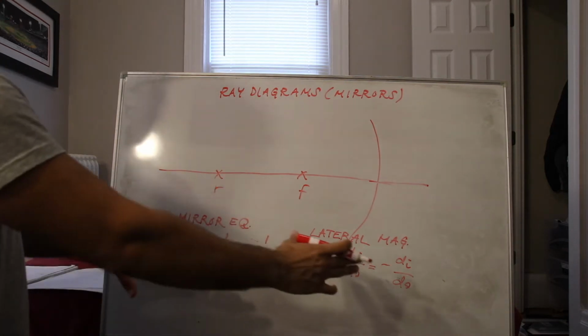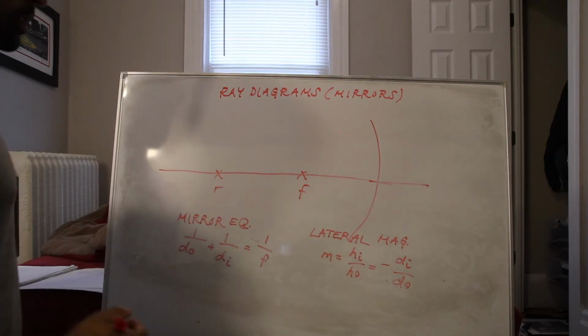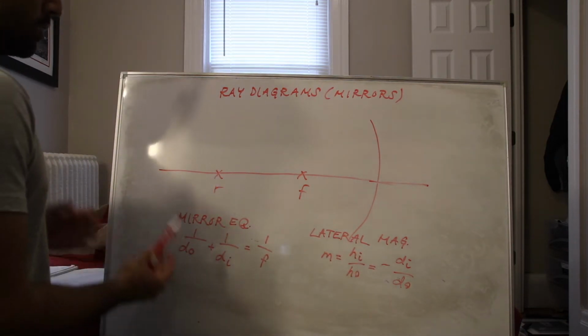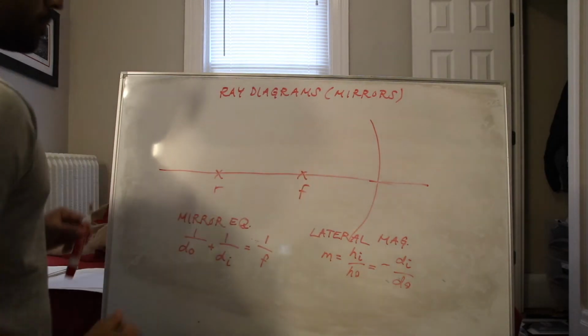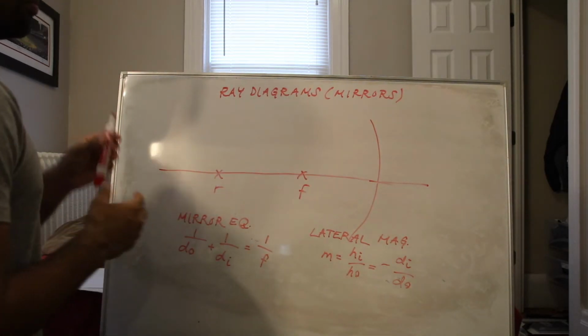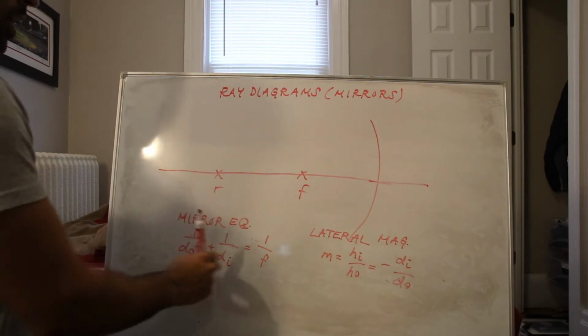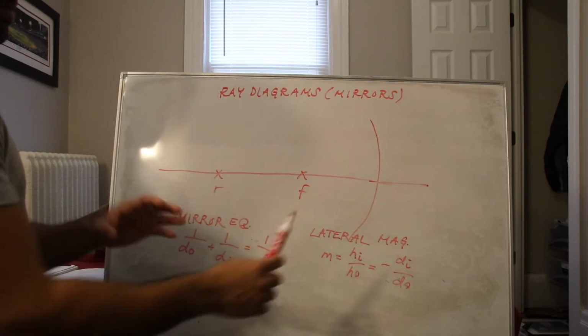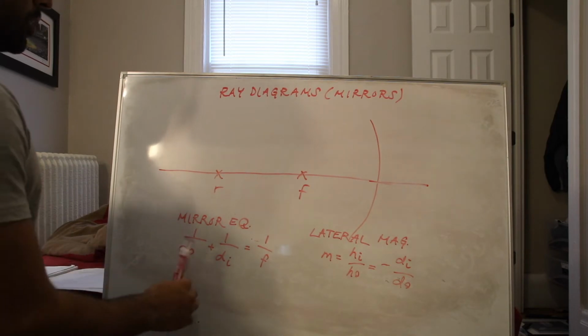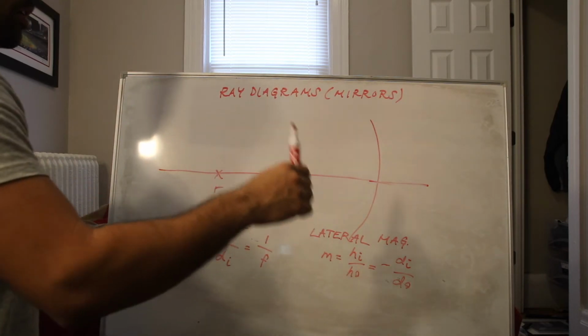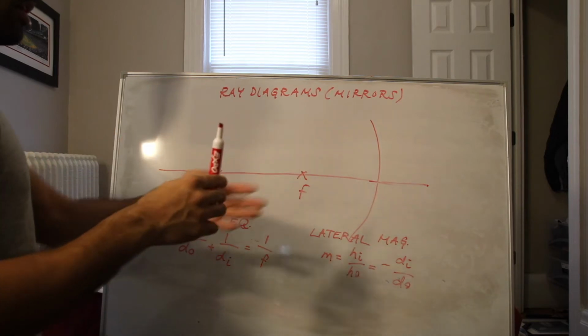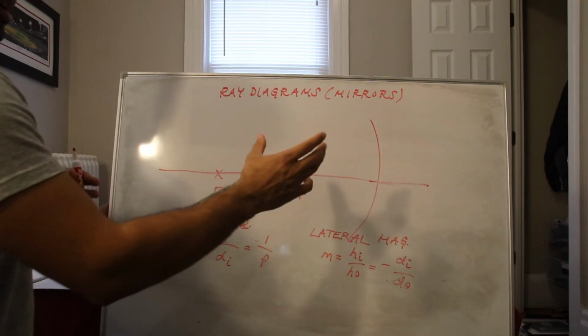So what do these two equations mean? First, the mirror equation: dO stands for the distance the object is from the mirror. If my marker is 10 meters away from the mirror, my dO will be 10 meters. dI stands for how far the image is from the mirror. So if I hold the marker up 10 meters away from the mirror, and the image shows to be 3 meters away,